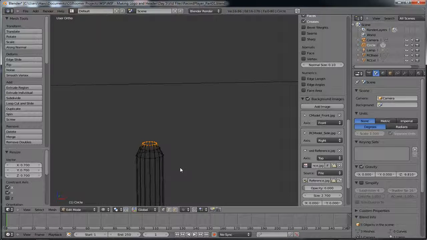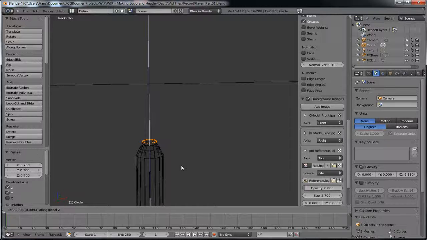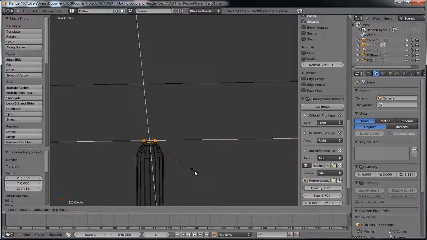I'm going to then hit E to extrude one final time, Z, barely take it up just a tiny bit, and then S, Shift Z to scale and lock it, and right about there,